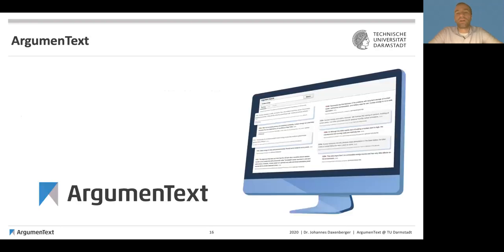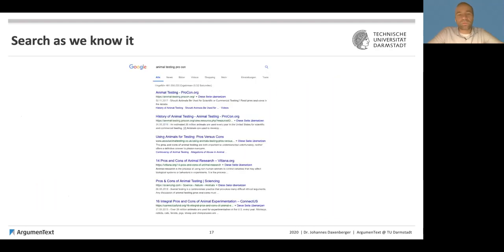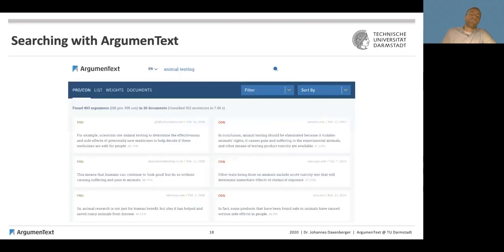Okay, so far for the research background on argument mining. Now let's go into the actual argument text project. Most of you are using Google, I assume. So if you wanted to look for arguments for or against animal testing, what you probably would do is you turn to Google and scroll through a lot of pages and basically manually extract the arguments from those texts. What we want is something like this, which is basically a search engine like Google, but